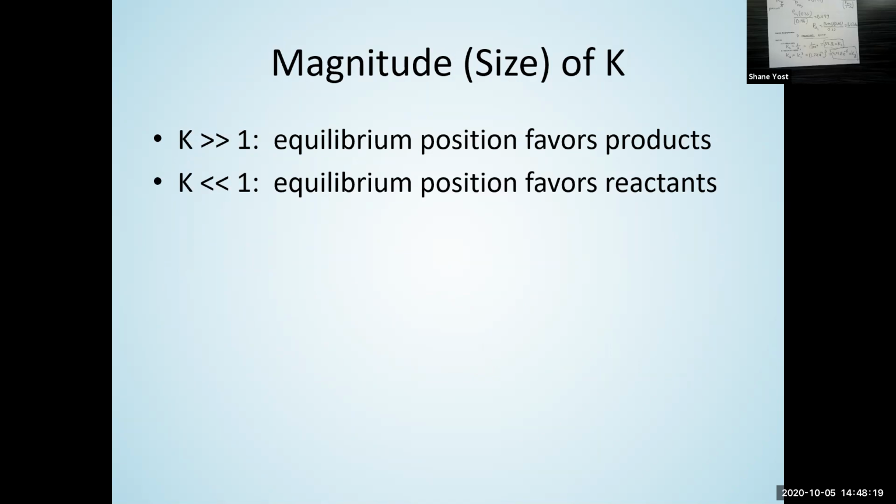All right, so far we've talked about equilibrium reactions. What are they? We talked about equilibrium constant expressions. How do we write them? We talked about the numerical values of equilibrium constants. And I just want to mention that for these numerical values, the magnitude, the size of those equilibrium constants, is important. For equilibrium, size matters, because for equilibrium constant expressions, if K is much greater than 1, that means your equilibrium is favoring products. Let's think about this.